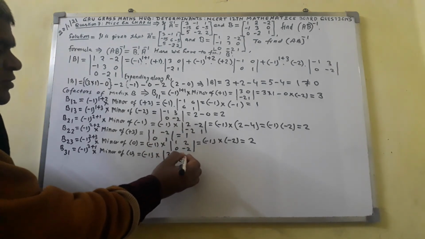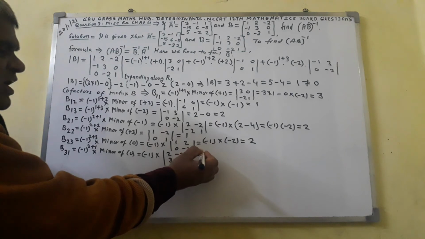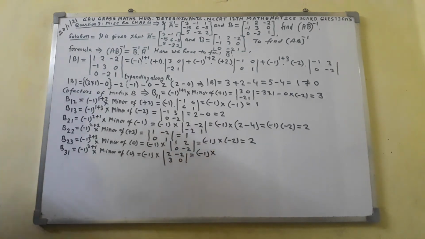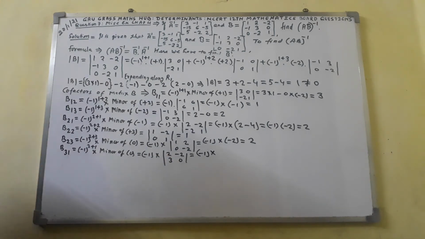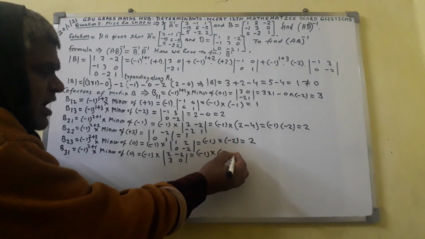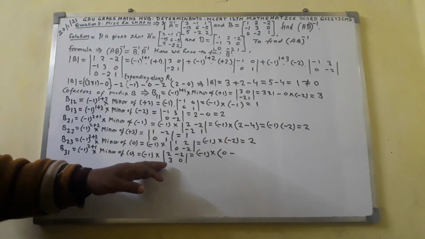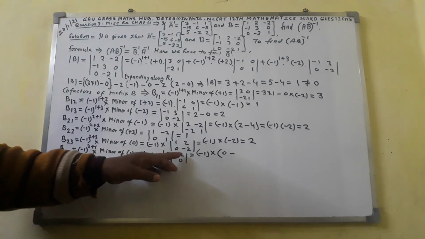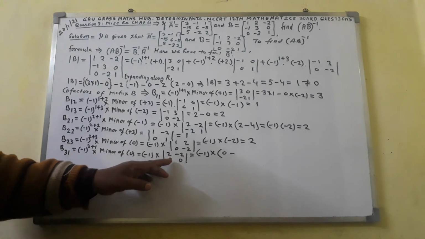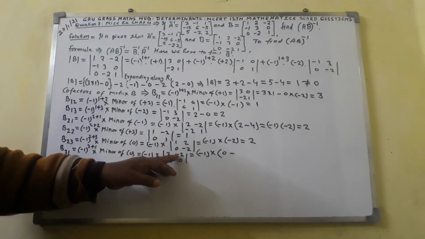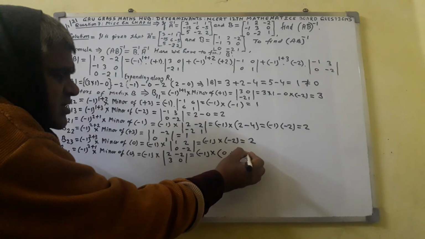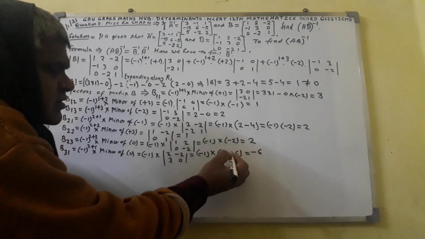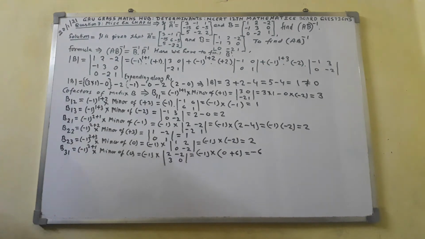3 0. Comes out to be minus 1 will multiply 2. Elements of principal diagonal 0 and 2 will multiply together. We will get here 0. Minus, and elements of reverse diagonal 3 and minus 2 will multiply together. We will get 3 times 2 is 6. You will get here minus 6. Minus 6, or minus, comes out to here plus 6. We will get here minus 6.